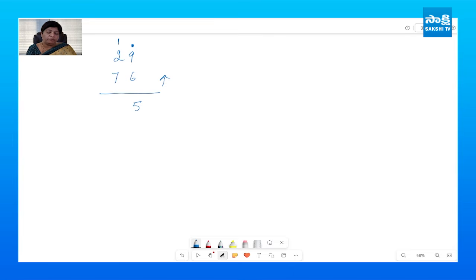Again, I start from bottom up. 7 plus 2 is 9. 9 plus 1 is 10. So I have a dot and a 0 in my answer. Since there's one dot, I have a 1 in my hundreds place. This is the answer. Now let's solve some bigger problems, some problems with bigger numbers.